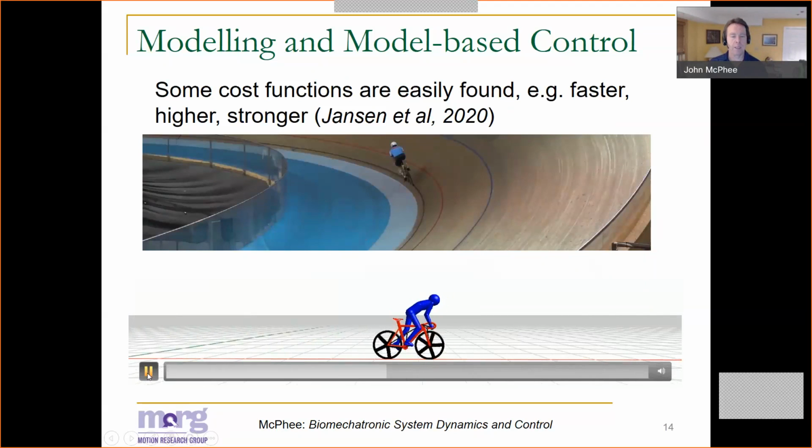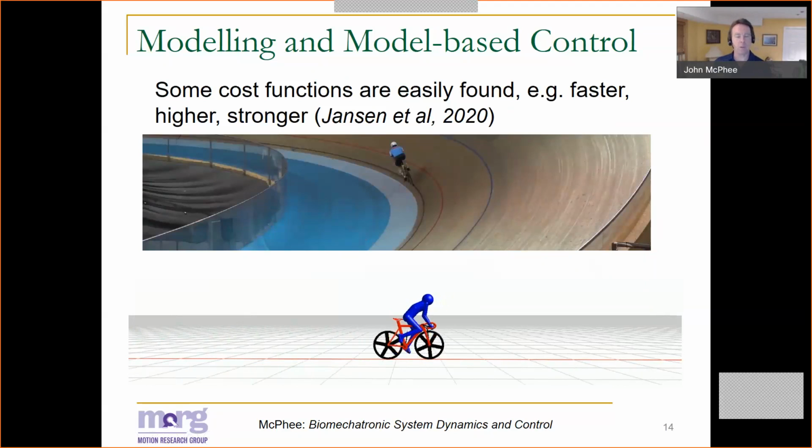So throw forward out of the gate and then a back and forth pumping movement in order to maximize the torque and get up to speed as quickly as possible. And then once you're up to speed, you have the momentum of the vehicle, the bicycle, to carry you over that top dead center location when it's difficult to apply a lot of torque. And so you don't have to pump your hips forward and backwards so much. The point is, we were able to find actually a slightly better technique than the Olympic athlete using a mathematical model and by solving an optimal control problem.